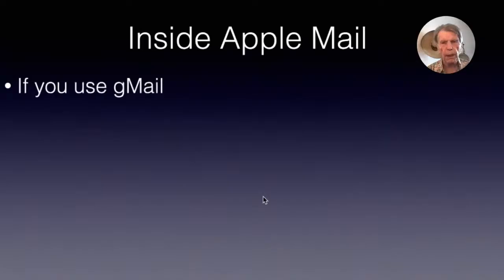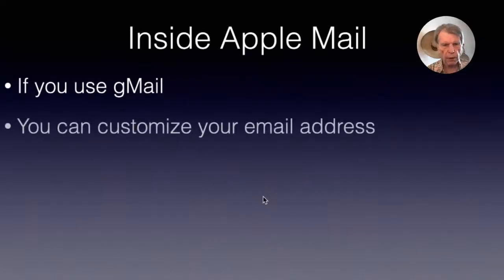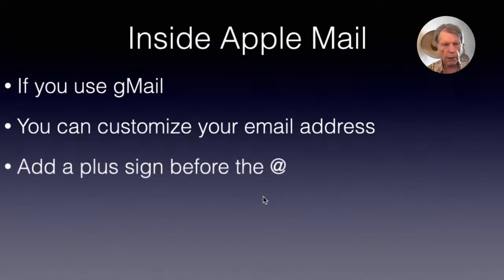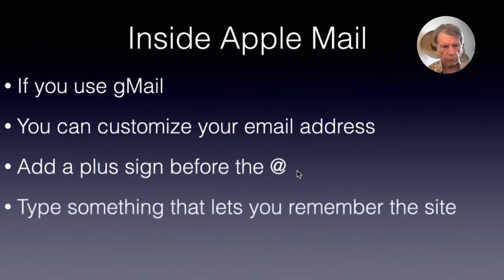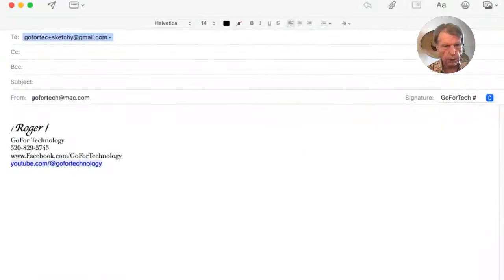Now, if you have Gmail, you can do something similar. You can customize your email address. You do that by adding a plus sign before the @ sign. So you put in a plus before the @ sign, and then after the plus sign, you type in something that lets you remember that site. So an example would be, and this goes to an email,